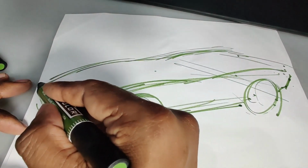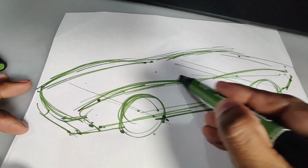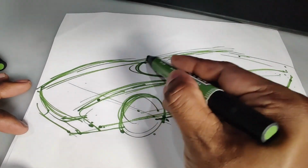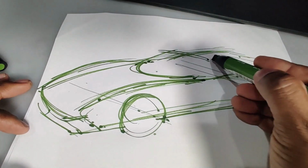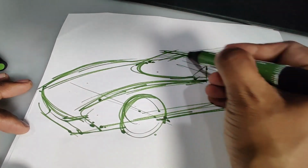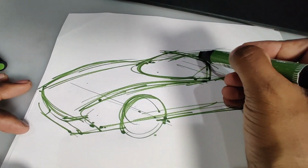So I start to plan out the general profile shape that I want to have for this car, and I'm gonna draw a convertible here, and I just draw the shape of the convertible, and then I kind of extrude that over to the other side. So you can see how on my side view I've got one shape, and then in perspective I project the other curves to the other side,